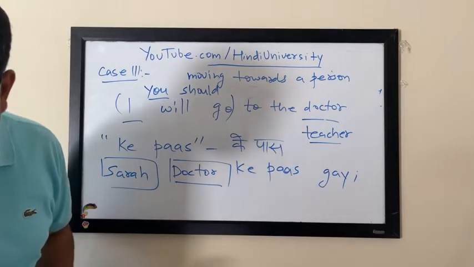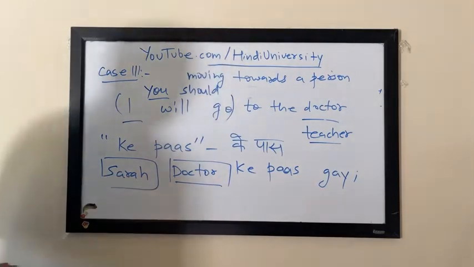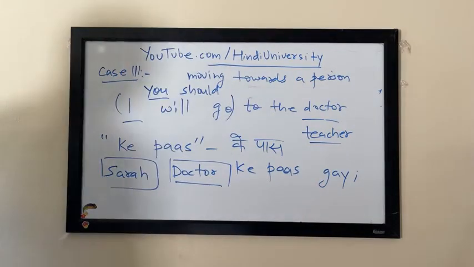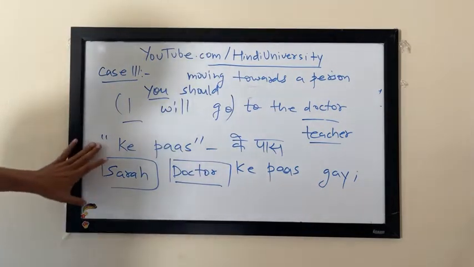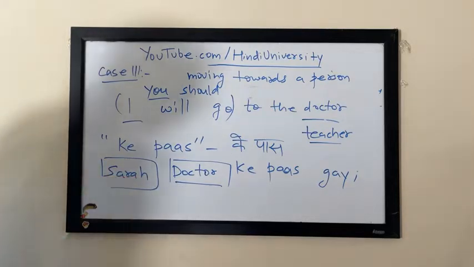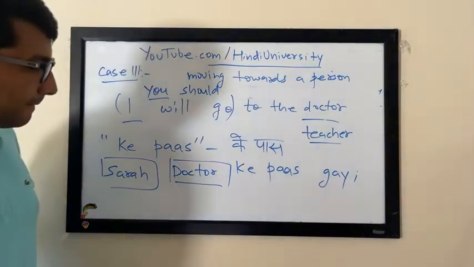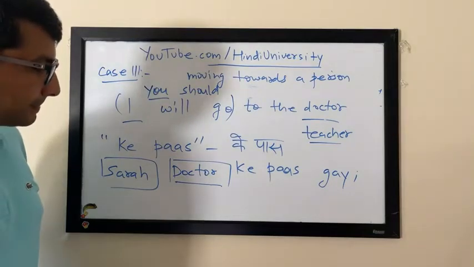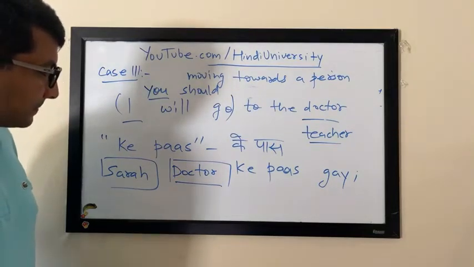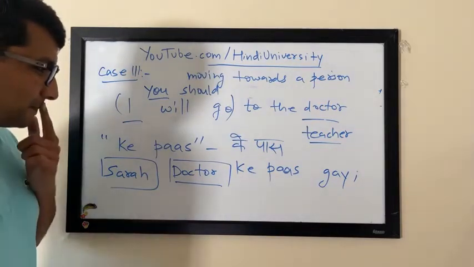Let's say Kelly ji, you have a question. So let's look at this one first, and then you can ask her a question. Similar sentence, but instead of Sarah, say something else. Instead of doctor, say something else. Oh, are you asking me? Yeah, I'm asking you. You want me to just fill in the blanks for Sarah and doctor? Yes, that's right.